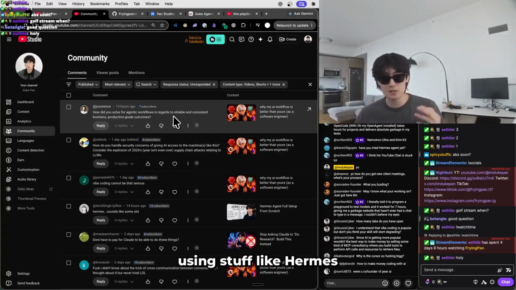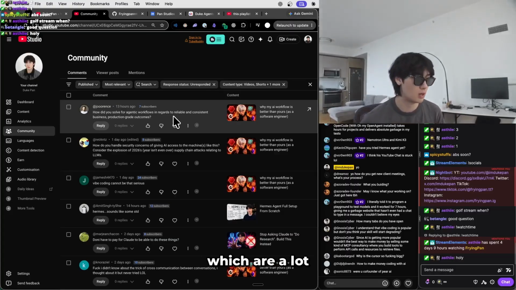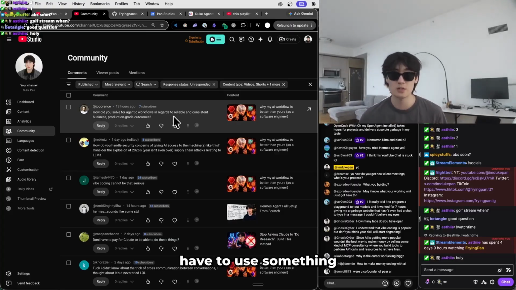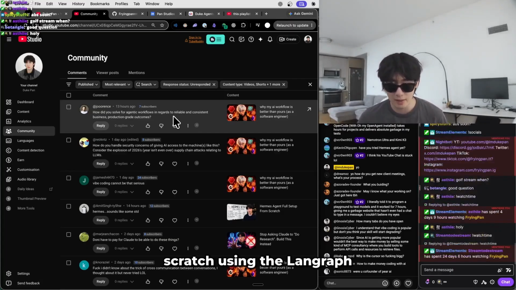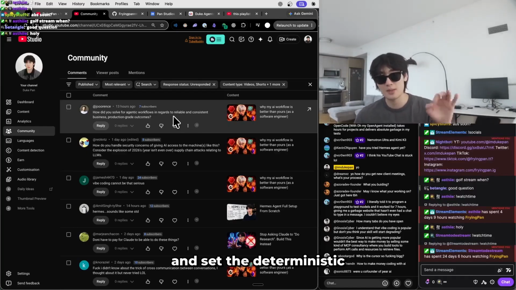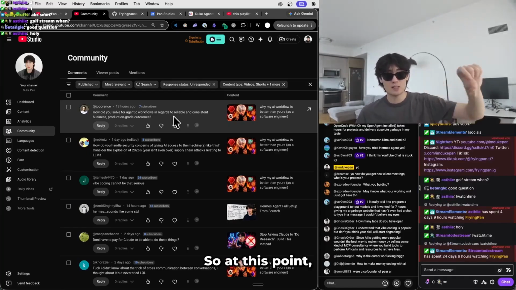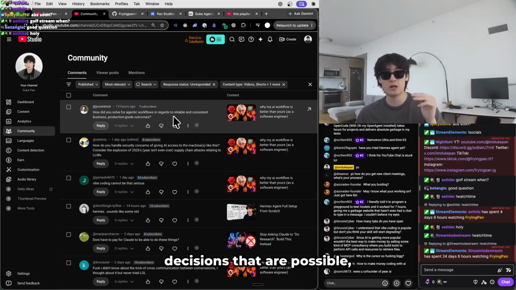And then instead of using stuff like Hermes or OpenClaw or even Claude or Codex, which are a lot less deterministic, you would have to use something like LangGraph. Okay, so you have to build the harness from scratch using LangGraph and set the deterministic state. So at this point, these are the only decisions that are possible, right?